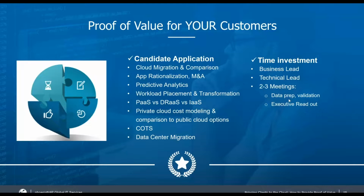And so please, if anybody on today's call, or even a couple weeks from now, into the end of the year, as long as you engage with us before the end of the year, we are going to work with you and your teams to get one of your customers set up with this engagement so that CloudGenera can put some of their applications, some of these candidate applications, through the assessment process,